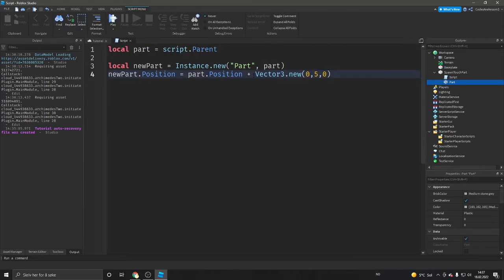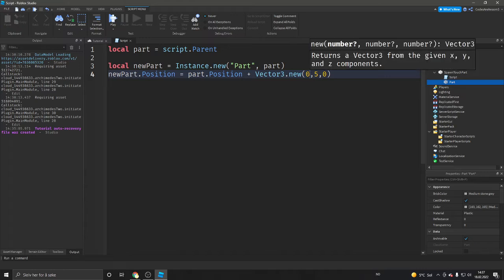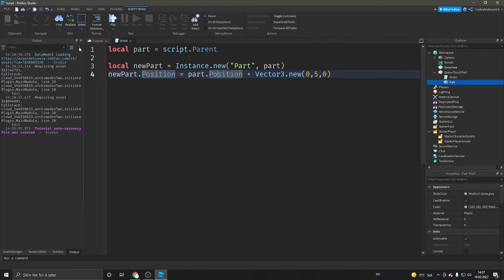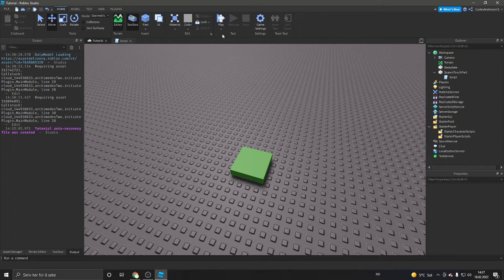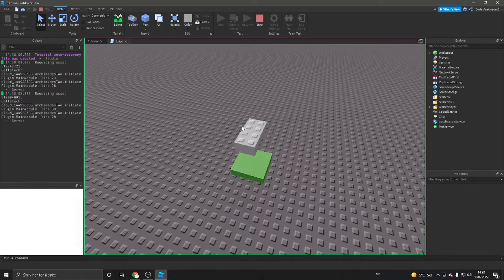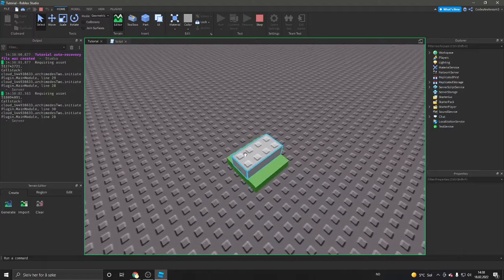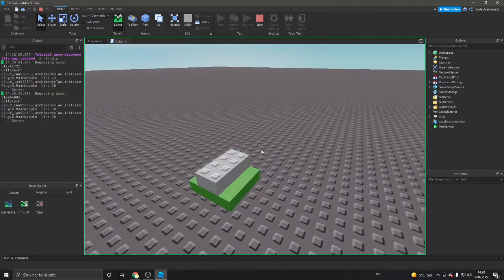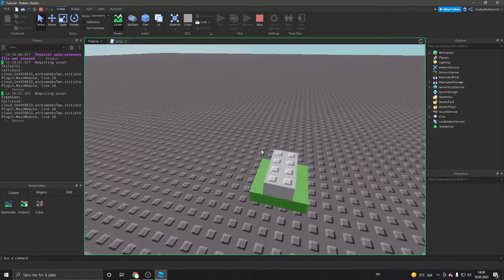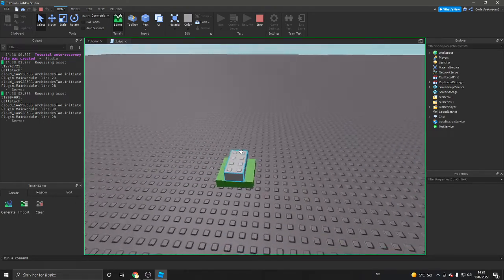You can change these numbers to be whatever you want, but now we can test this right now. Actually, we should probably delete this. Click this and then run. Now you see it created a new part, but it's not really that exciting. You can't really do anything with this